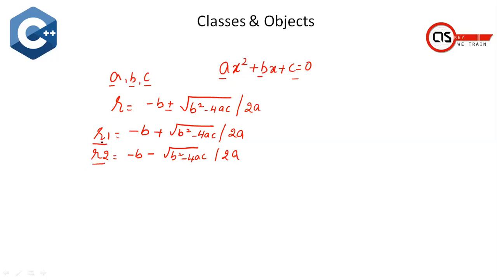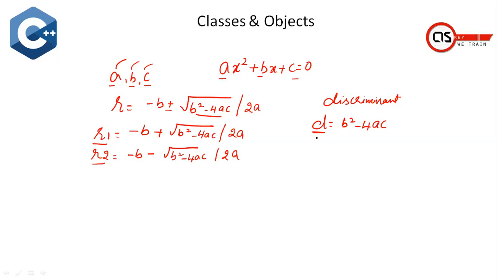But before I calculate root 1 and root 2, I am first supposed to calculate the discriminant. So what is this discriminant? The discriminant d can be taken as b square minus 4ac. So b square minus 4ac in the equation is what we call a discriminant. Now, I'll just repeat it again. You're supposed to input your values A, B and C, and create a member function to compute the discriminant, which is b square minus 4ac, which we have to calculate.